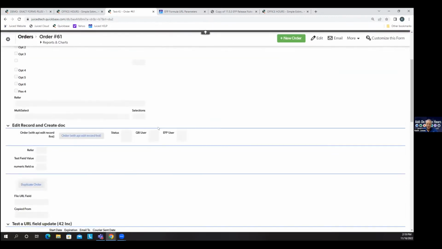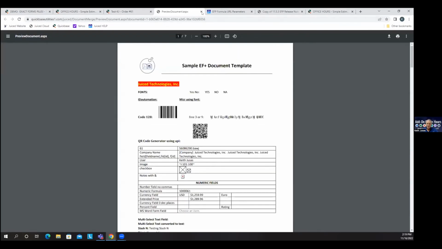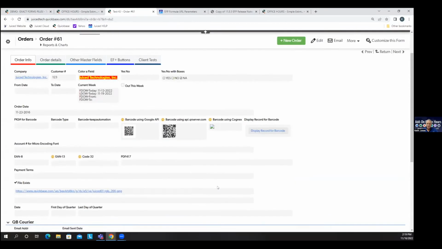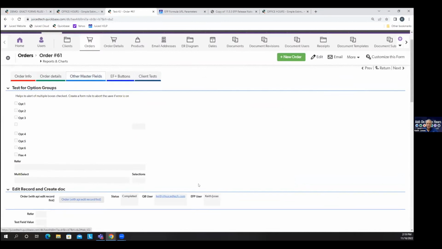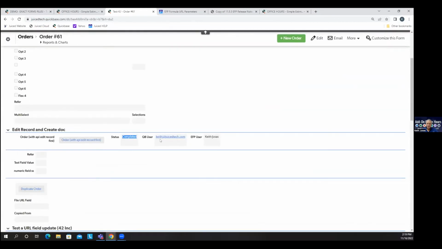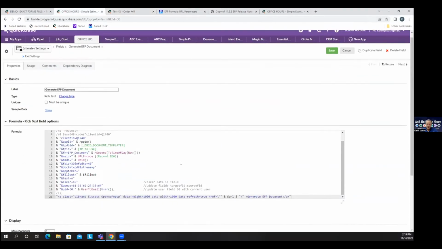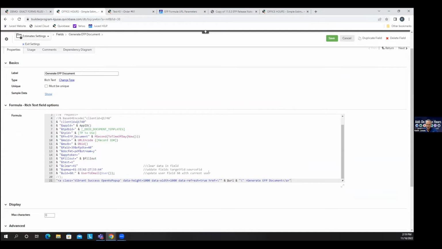So I just want to show you, when I click this button with those parameters ahead of it, what it's doing is it's updating the record first, and then it's going to redirect to Exact Forms Plus to generate the document. And then when we close the document and we refresh the screen, we'll see that those fields were updated. So it was set to complete, the user was set, and so on. So instead of having to do it that way, what we did in Exact Forms Plus is we introduced these